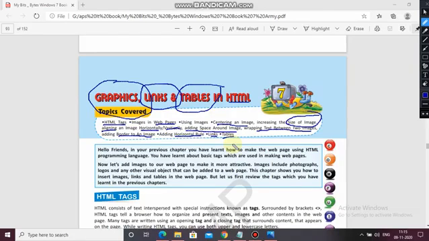Yes, we had learned in the previous chapter the basic tags used in making web pages, like HTML, head, title, BR, P tag, centering the text, font, font face, all these things. Now let's add images to our web page to make it more attractive. See how attractive you can make your web page.